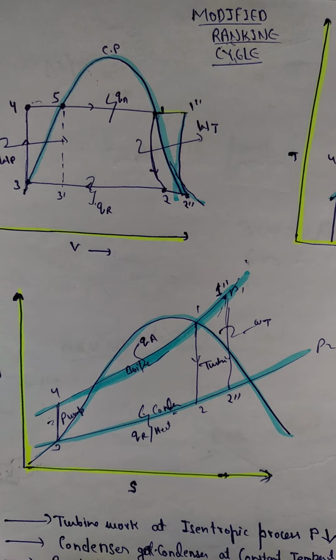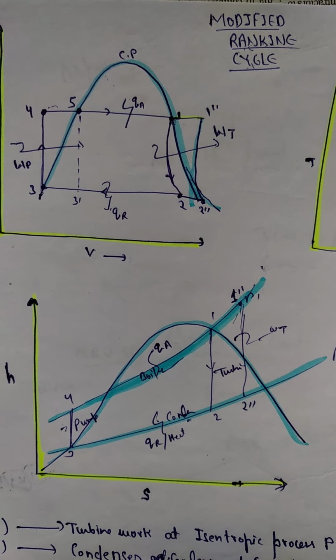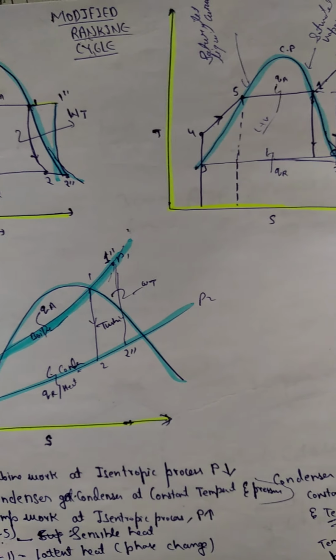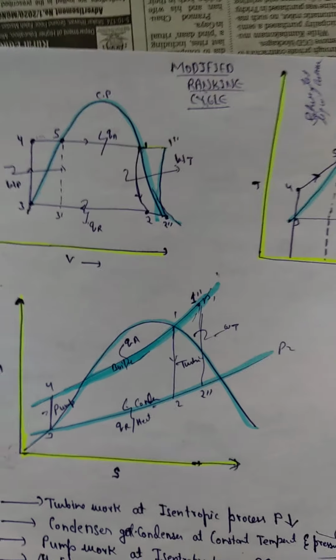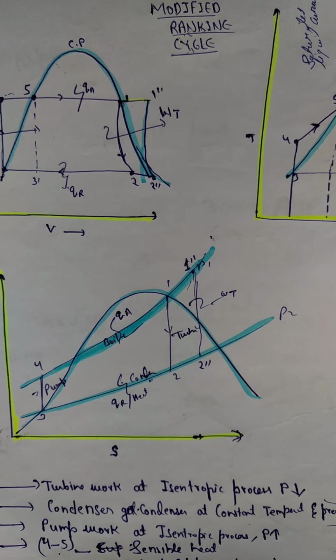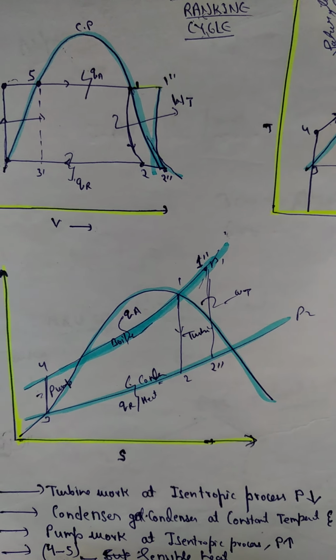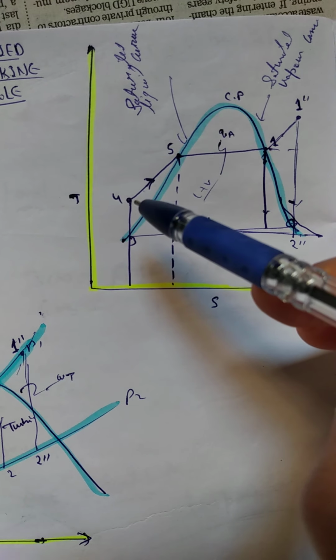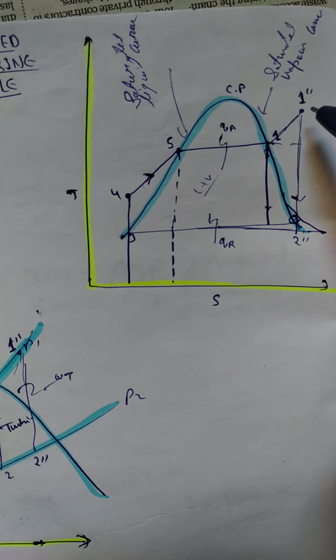Friends, this one is a theoretical way to express it. When the turbine does work, the pressure will decrease with a decrease in temperature as well as a decrease in enthalpy, in an isentropic process. Entropy is constant. If we go to the TS diagram, the entire boiler process is from 4 to 1 dash.